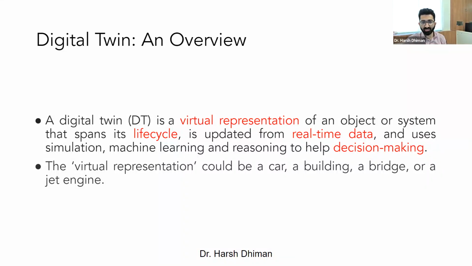So if y goes beyond some threshold, if there are very large values of y, which usually you would not observe, then you would be in a position to understand that yes, something is wrong with your physical asset. So a digital twin is essentially a virtual representation of any object, right? And that virtual representation is always trying to give you some meaningful results. One meaningful result could be whether your equipment is healthy or not. So it can give you a binary status in terms of 0 and 1. 1 would mean that yes, equipment is working okay. 0 would mean that something is wrong with the equipment.